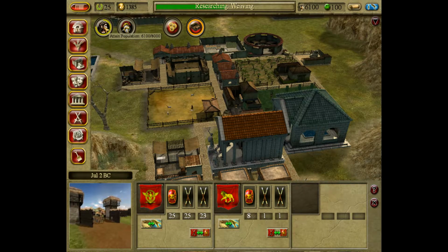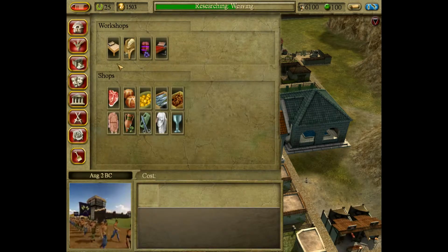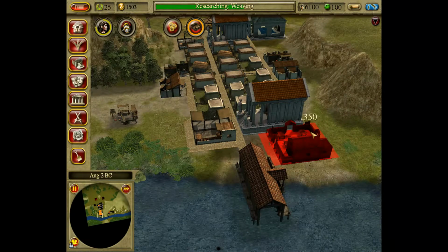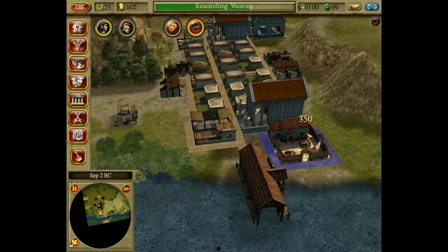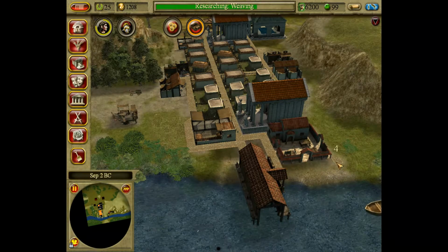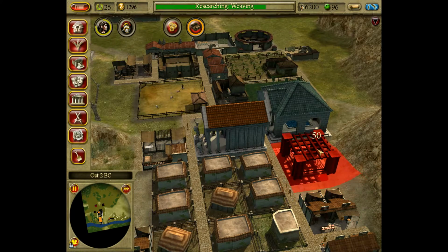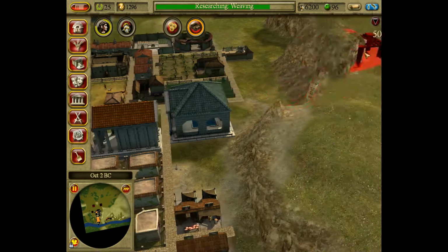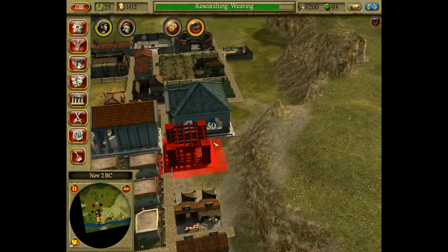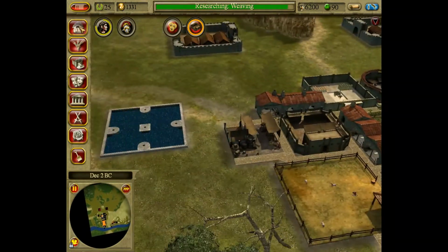Yeah, we're about 19 people away from reaching our goal, which we can achieve by getting some entertainment going. So we'll get a tavern down here. And I'm thinking something with a couple more people. The terrain will not allow us to site this structure here. Okay. Maybe not. If I move the goat farm,